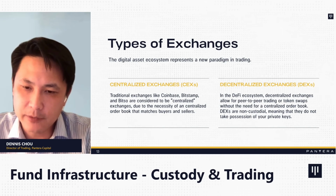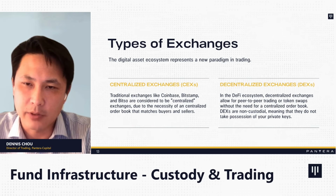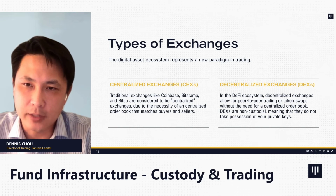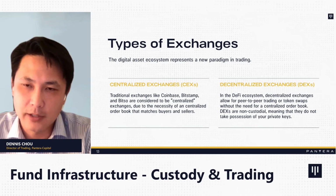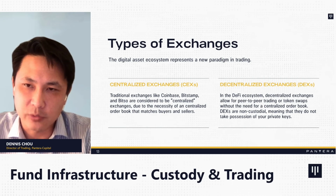There are different types of exchanges. Most people, when they come into crypto, will start trading on a centralized exchange, like Coinbase, Bitstamp, Bitso. These are very familiar because the traditional financial world works with a central limit order book. However, in DeFi, you do have decentralized exchanges as well, which are